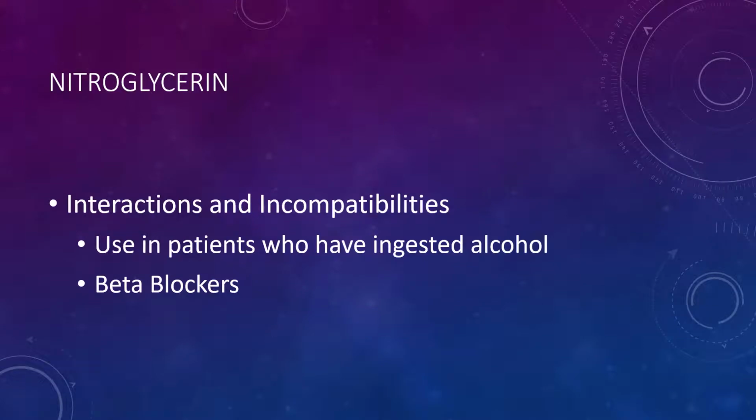It can result in a dry mouth, and like most other medicines, it can cause nausea and vomiting. If your patient has had alcohol, you can have, again, that synergistic effect between the alcohol and the nitroglycerin that can intensify the hypotension. So again, be wary of administering nitroglycerin to patients who have recently consumed alcohol. I'm not telling you you're not going to give it, but again, remember, you're going to treat what's going to kill